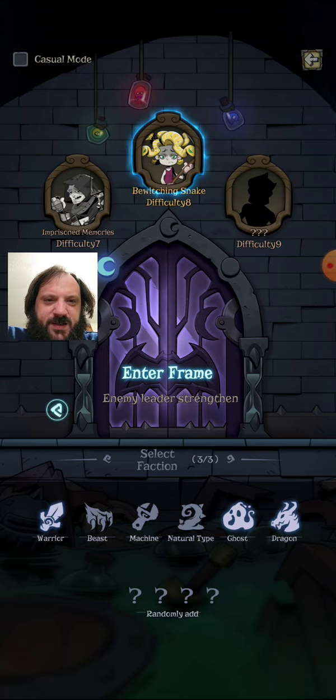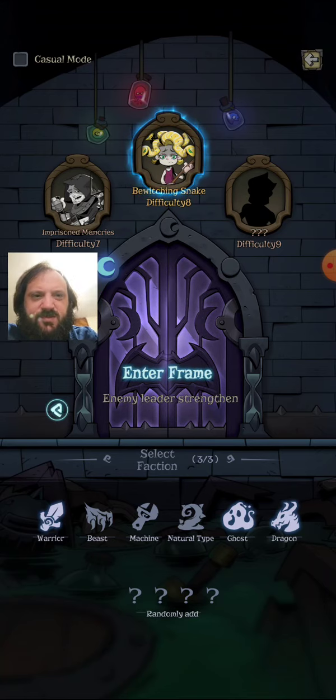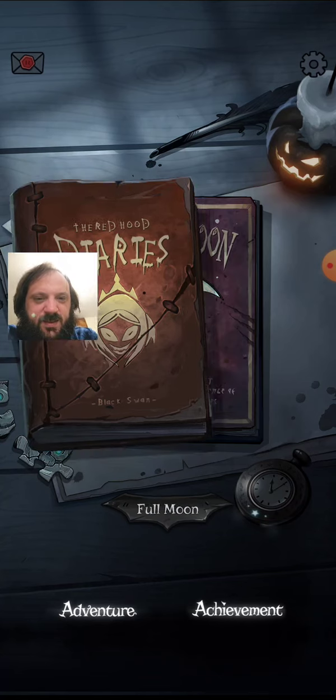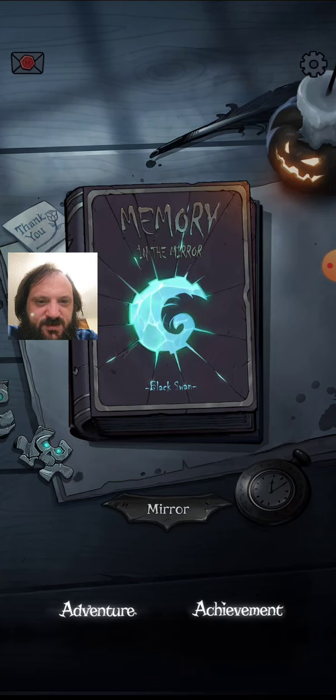But it's not bad. The expansion characters are sort of interesting. I feel like they're not super duper over the top, overpowered. I feel like all of these factions have very interesting compound scaling potential. Yeah, I definitely recommend it. What do they call it? Into the Mirror? Memory in the Mirror. So, yeah. It's the expansion for Night of the Moon, or I think technically it's